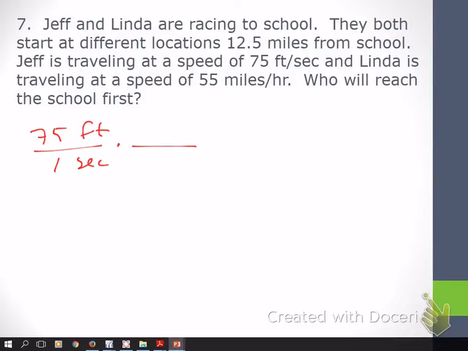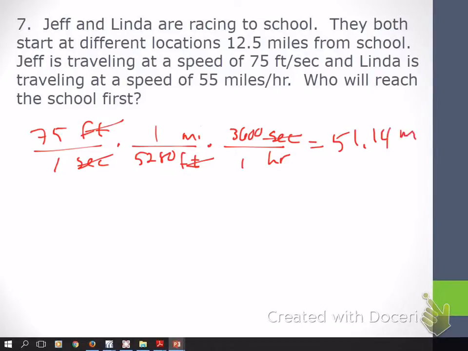Okay, I need my conversion fraction. I'm going to convert the feet first. So feet need to go in the denominator, miles in the numerator. And then for my seconds, seconds need to go in the numerator, and hours need to go in the denominator. That way feet will divide out, seconds will divide out, and I'm in good shape. So in 1 mile, there's 5,280 feet. In 1 hour, there's 3,600 seconds. So we multiply straight across 75 times 3,600, and then divide that by 5,280, and we get